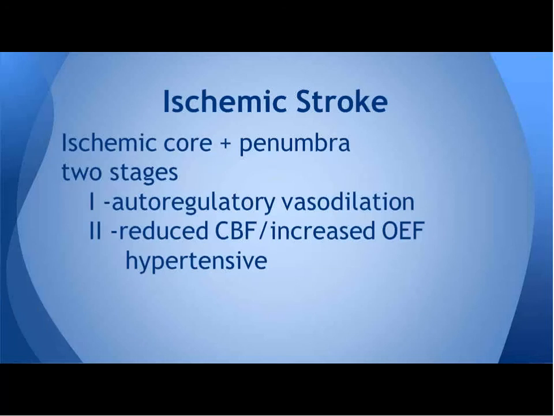It presents with an ischemic core and then the penumbra, usually in 2 stages. Stage 1, autoregulatory vasodilation, but most of our patients actually present in stage 2 with a reduced cerebral blood flow, increased oxygen extraction fraction, and quite hypertensive. And usually stage 2 lasts for 24 to 48 hours where they are, for whatever protective reason, hypertensive,